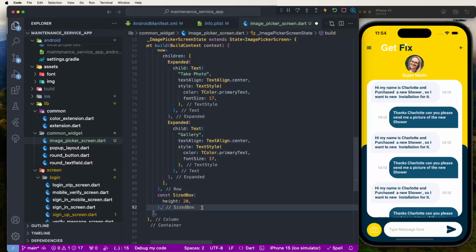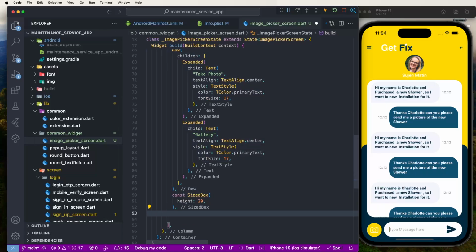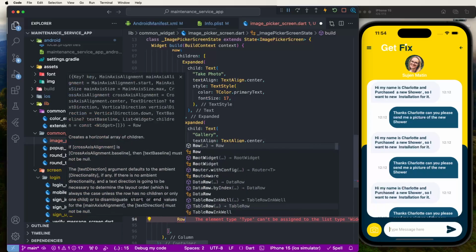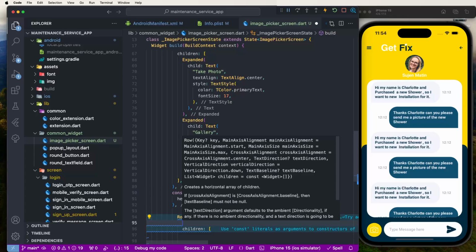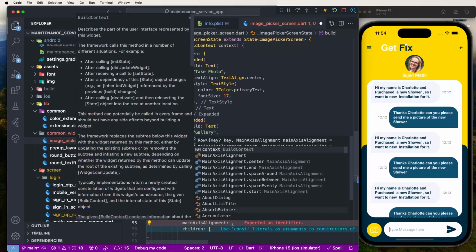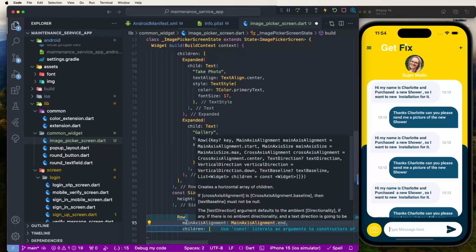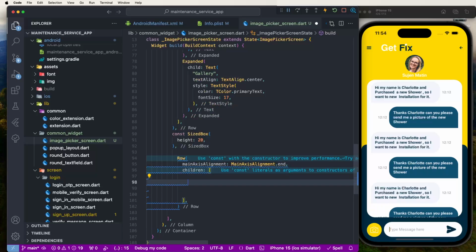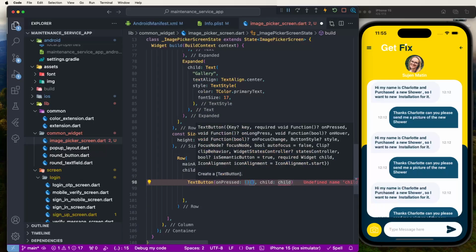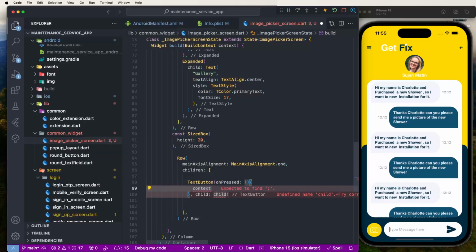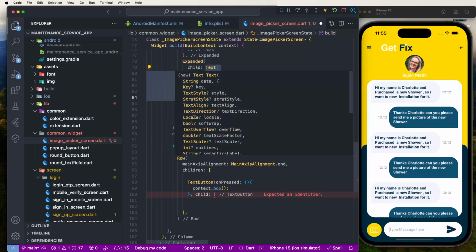Now we need to create a Row, create the children, and write the main axis alignment. So need to set it here. Also write a TextButton, and inside its onPressed event, call Navigator dot pop with the context. Now need to write the text. Now need to copy this text property,